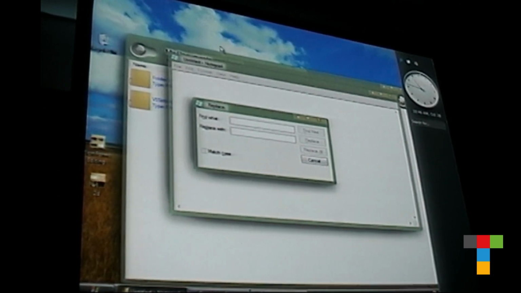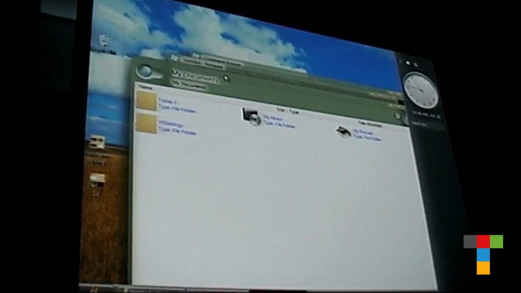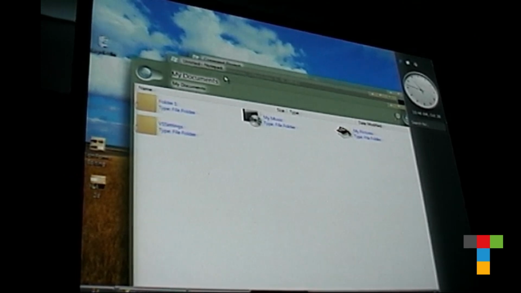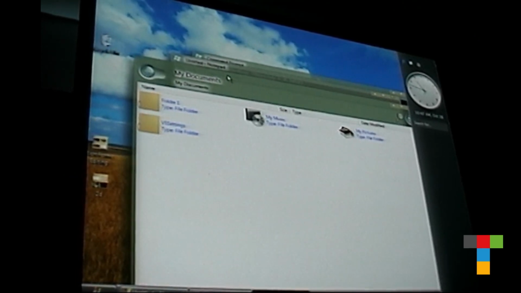So again, this was just a quick glimpse of what the compositor looks like on the desktop. The same compositor is available to you within your application, so you can do the same thing within your application, get some effects. There's effects, for example, for